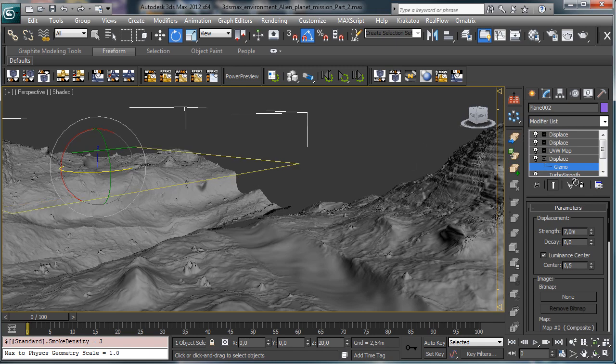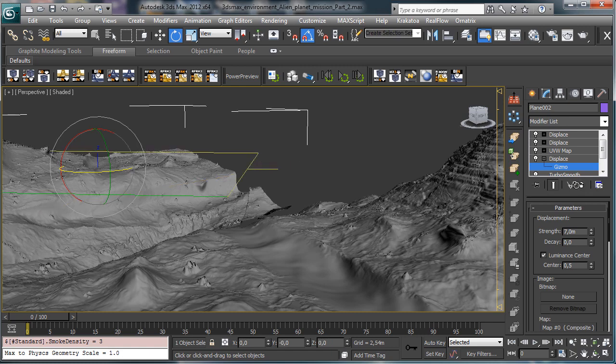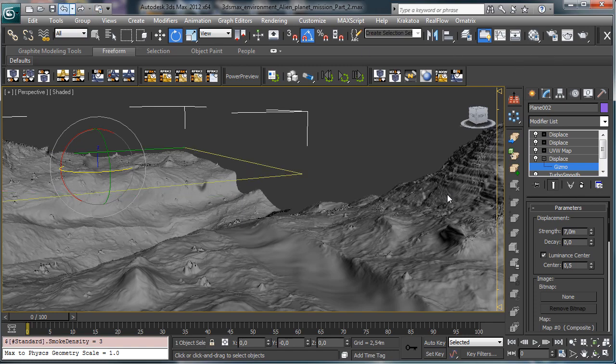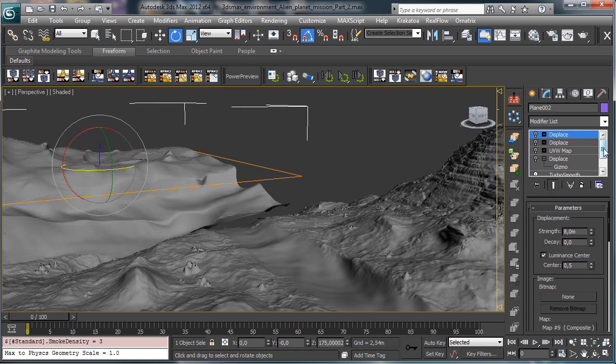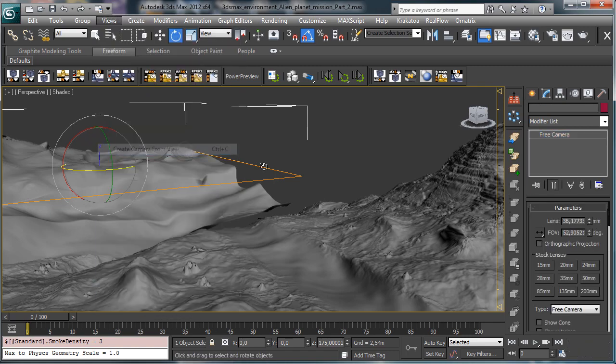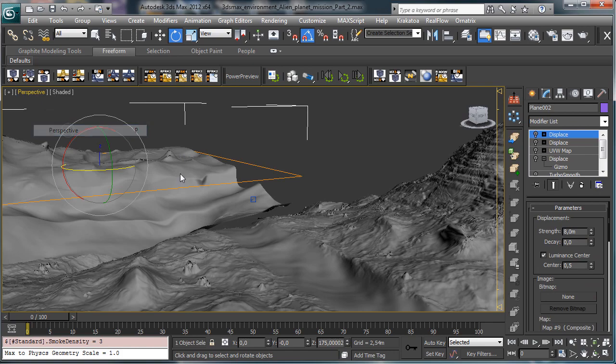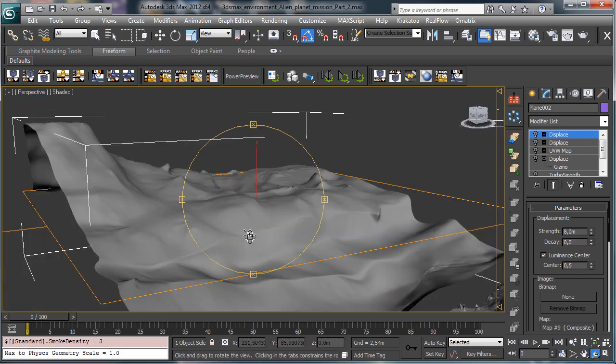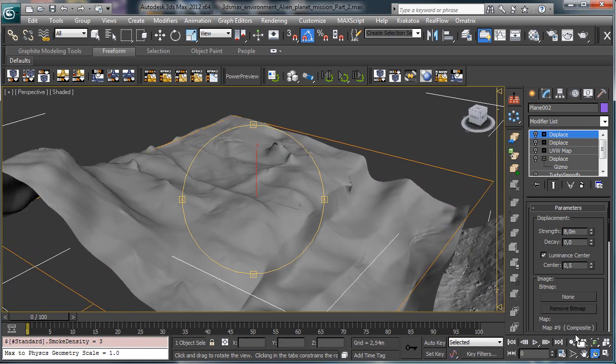But this one is the wrong one, so let's wait. Okay, undo. And we can simply set everything to off. Let's create another camera from this point of view. Then back to the perspective, and we can try to make something again,